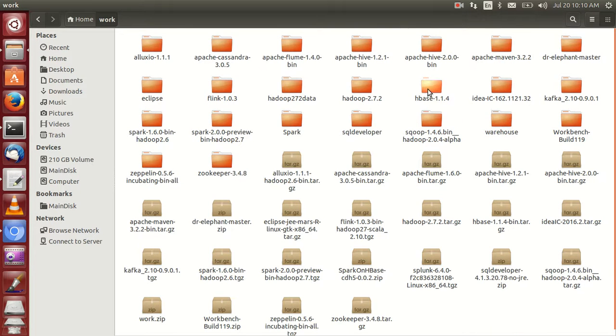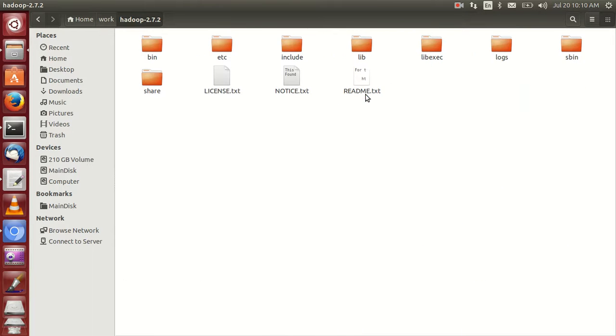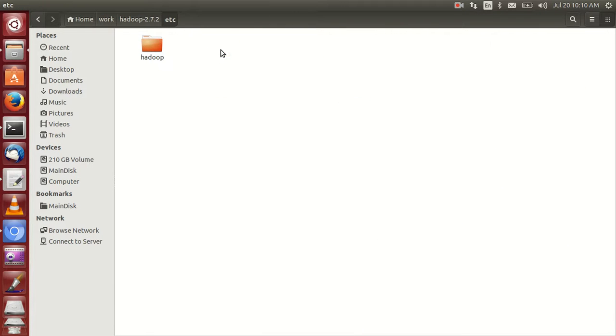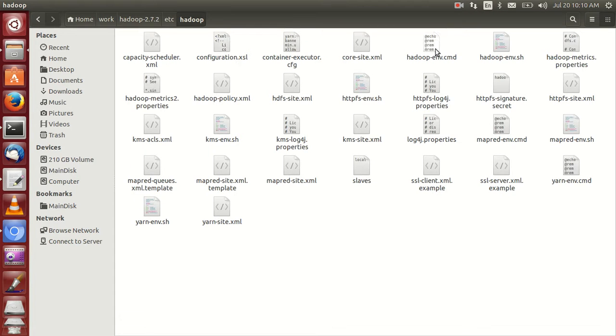You will go to /etc/hadoop and go to hdfs-site.xml.